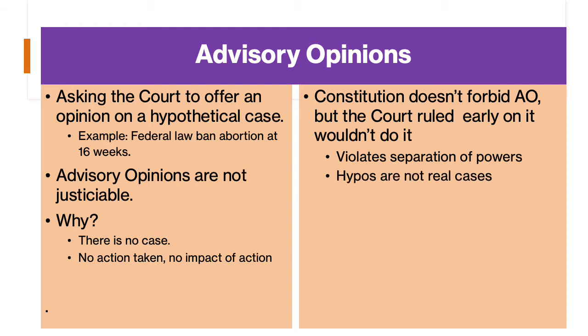Remember in your textbook that they talk about early on in 1793, during the first presidency of the United States, George Washington. Thomas Jefferson was George Washington's Secretary of State, and there was a war going on between Britain and France. Jefferson really wanted the United States to come to the aid of France. As your textbook points out, Jefferson reached out to the justices of the Supreme Court asking, if we did this action giving aid to France, what do you think about that? Would that be constitutional? What might be some of the reverberations from that?